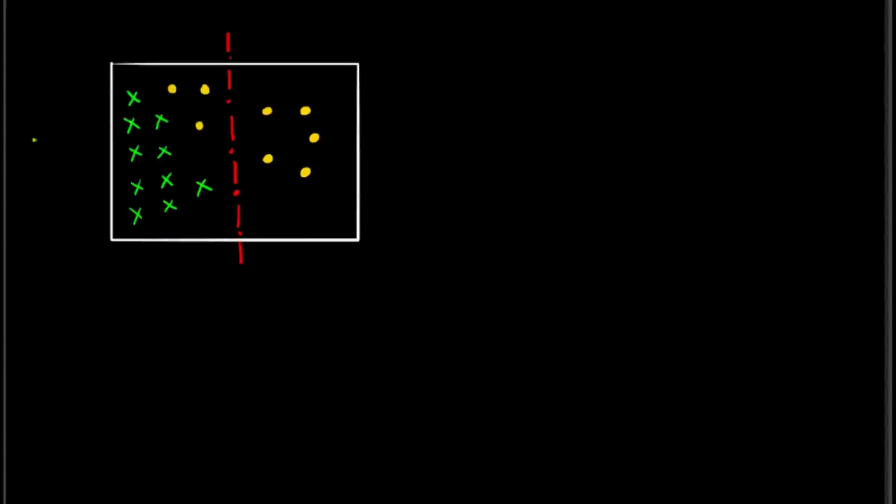In the whole dataset, there are a total of 8 circles, let's say 8 O's, and 10 crosses. And let us say we have a particular split in this dataset. So let us consider this red line as the split. So this split gives us two partitions. In one partition,